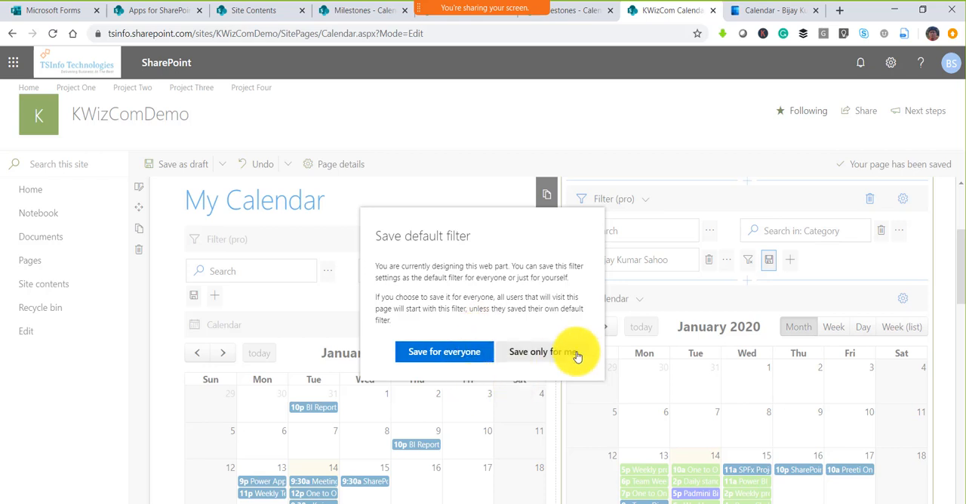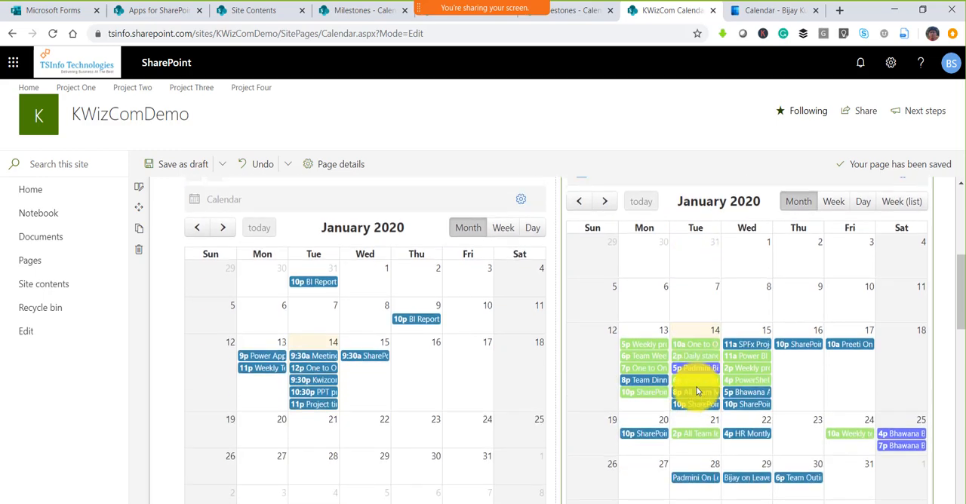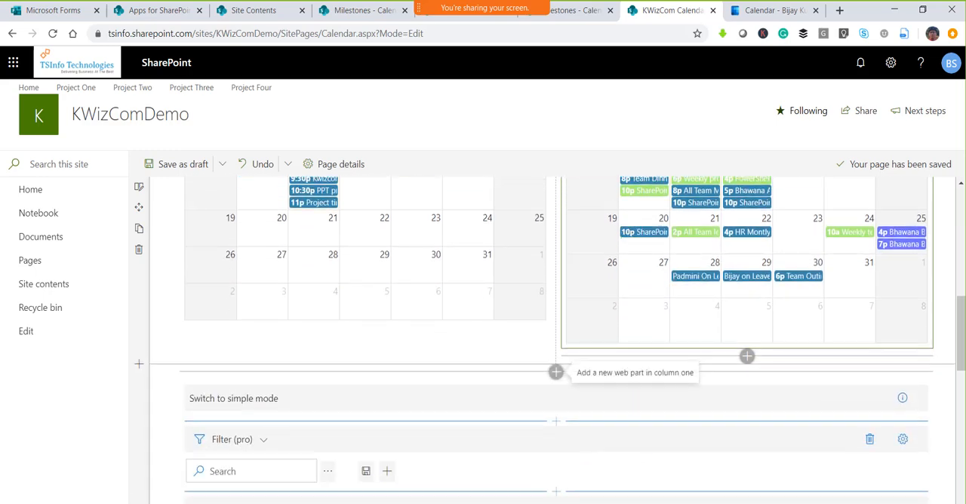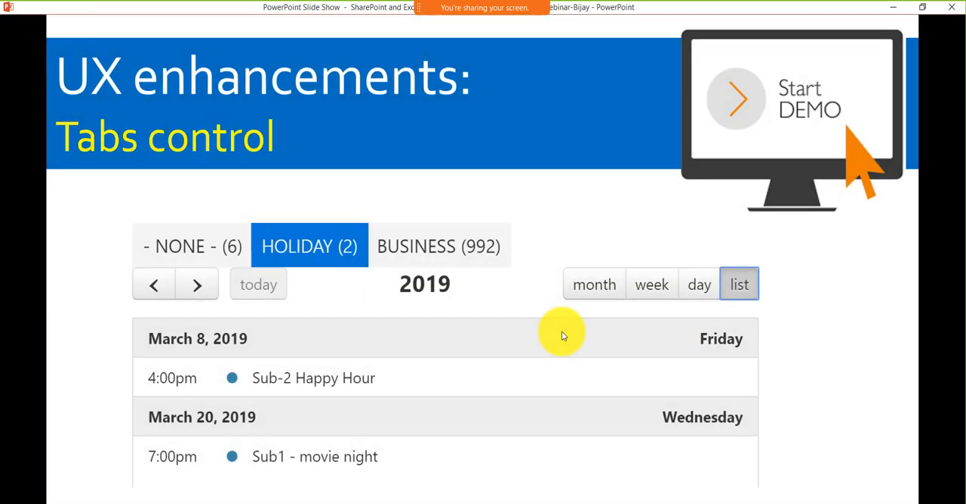So now you can select "created by me", so every time I open it, I can see all the events which are created by me. Now, once you have this, next I'll show you how we can do some little UX enhancements with